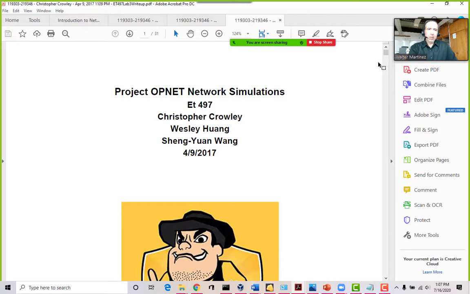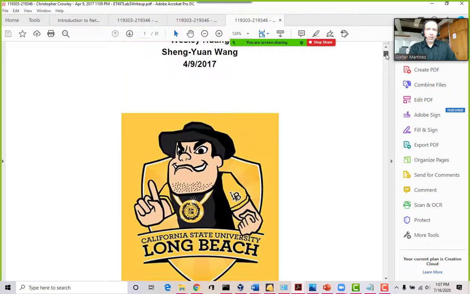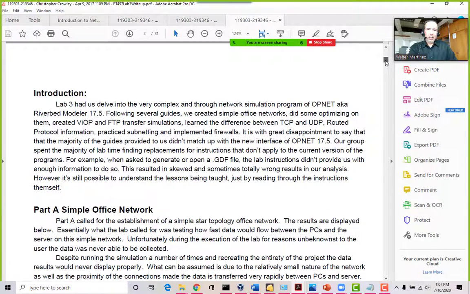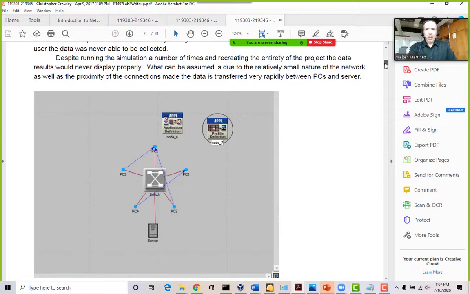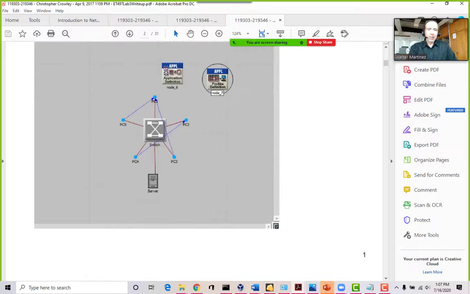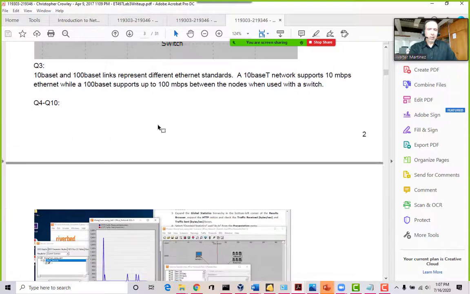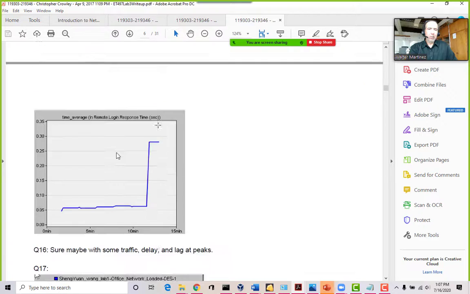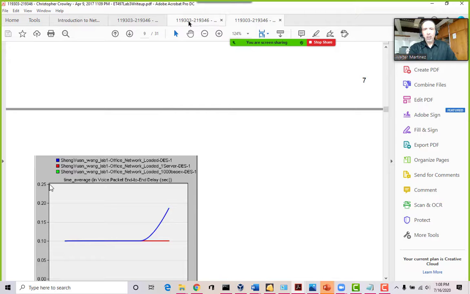Okay, so like the network simulations lab, these are students that did this lab, and basically you just need your name on it, what the project is, and give me a little introduction of what the project was about. Okay, and then in this case there's a whole bunch of simulations that need to be done, and there's a special software that you need to install. And they're just taking screenshots of the labs that they're doing, right? In the screenshots you're able to see what it is that answers each one of those simulations.